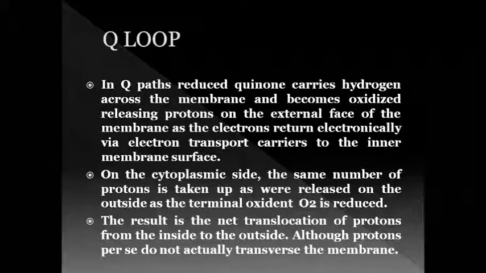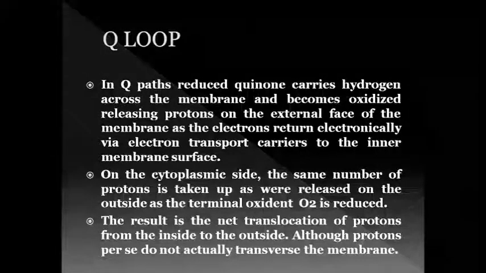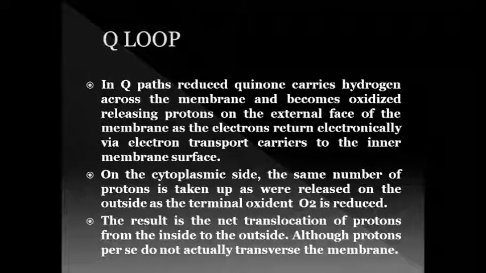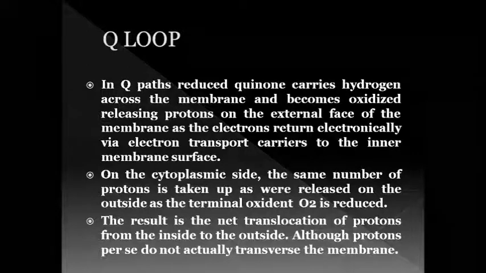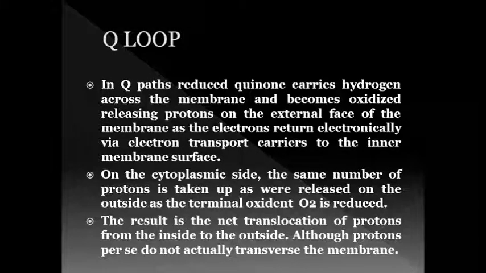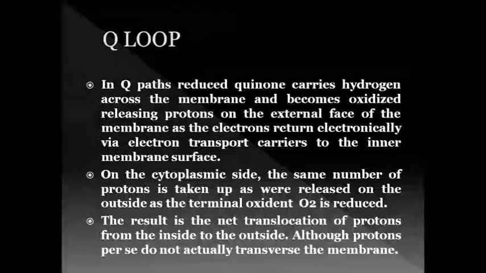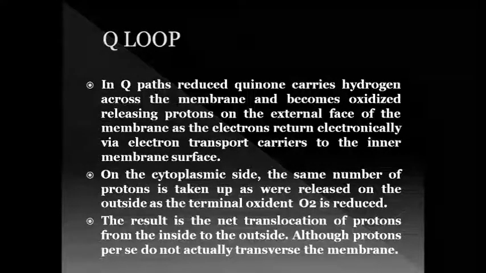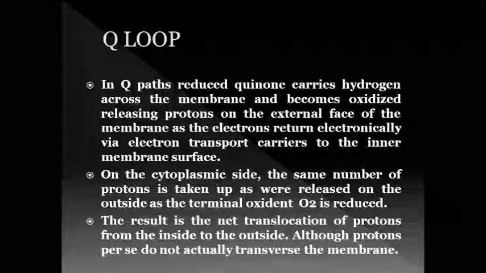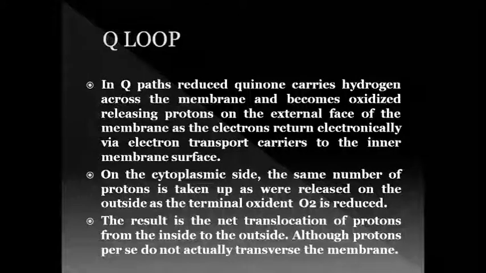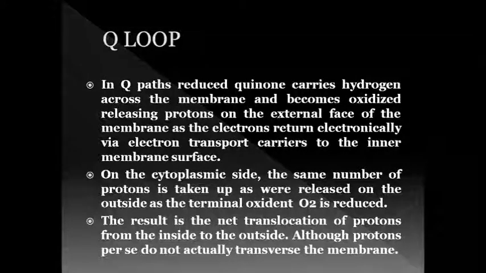Electron transport chain occurs in various ways. It is found in the form of Q-loop or Q-cycle. In the electron transport chain, reduced quinone carries hydrogen across the membrane and becomes oxidized, releasing protons on the external face of the membrane as the electrons return